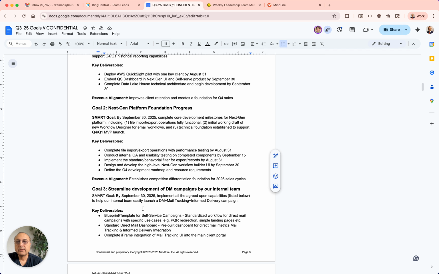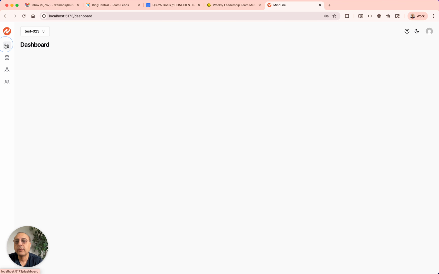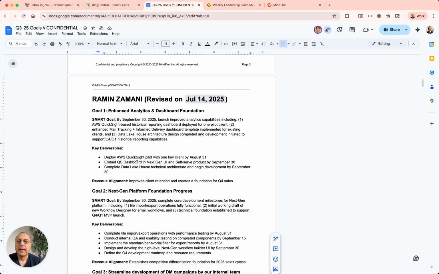Lots of great things going on. One last update is that the dashboard that we have been working on with AWS, we made a lot of good progress. I already know that we can embed the dashboard that RF has made for the real-time view here. My goal is to ideally implement both of those dashboards, the AWS QuickSight dashboard as well as the real-time dashboard that we currently have. So again, for this quarter, the goal is to be able to embed a first version of that here, as well as working alongside